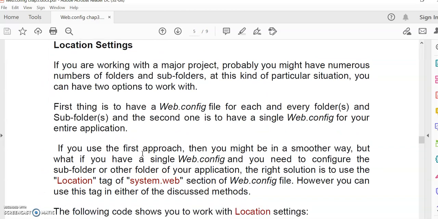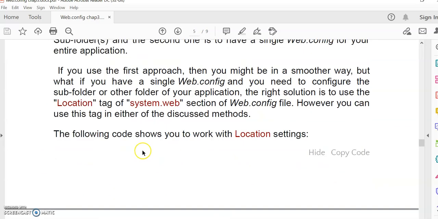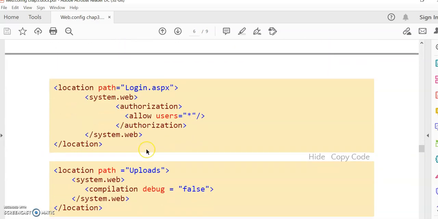Location setting is used for authentication, authorization, or any comparison setting also. Suppose your web application contains many subfolders, and you want to apply rules and settings for a particular folder or path.